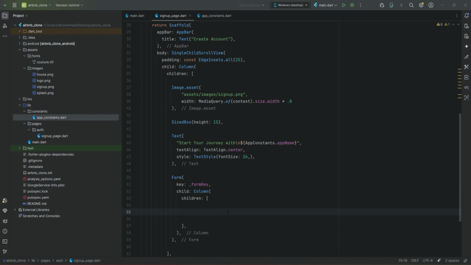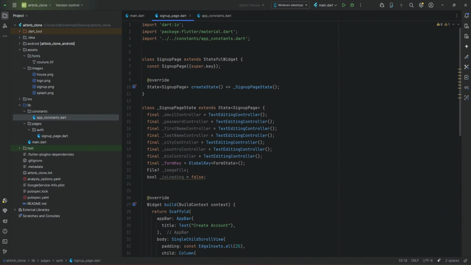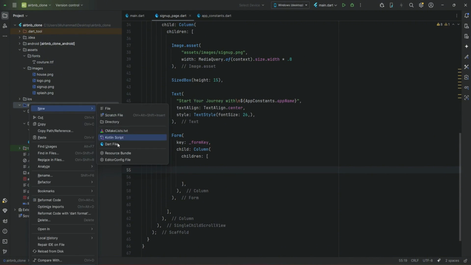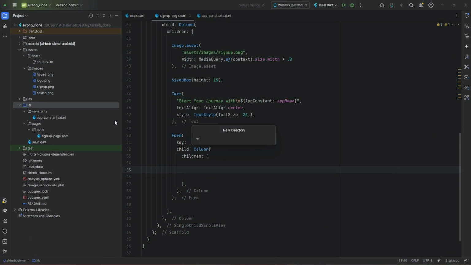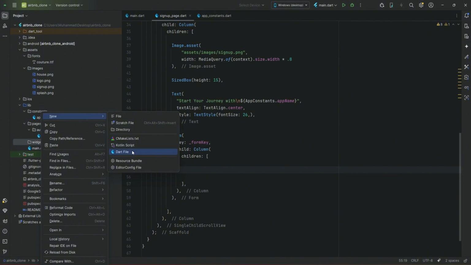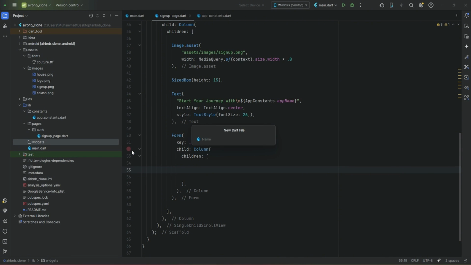Now as we will have multiple text form fields, we can implement a reusable text form field which we can then call, for example, for displaying the email field, password, first name, last name, up to bio, all these controllers using the same code. For that purpose, inside the lib, I will create a new folder by the name widgets. And inside the widgets folder, we will have our first reusable widget,